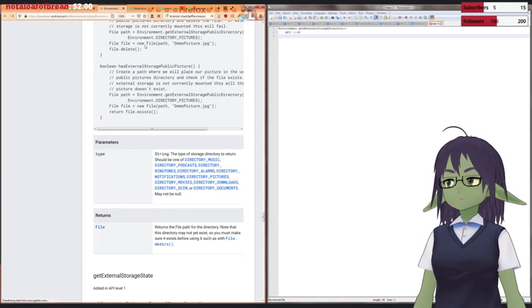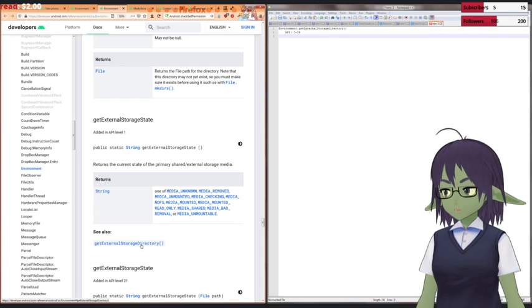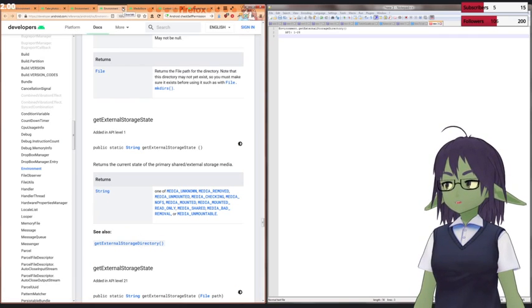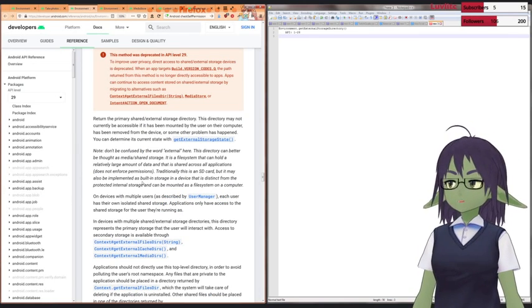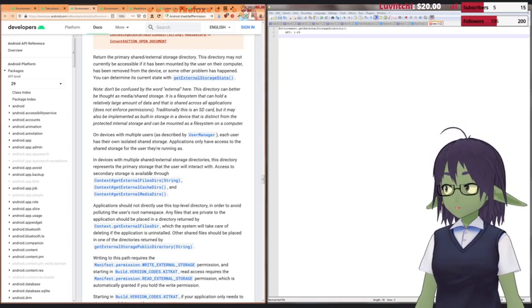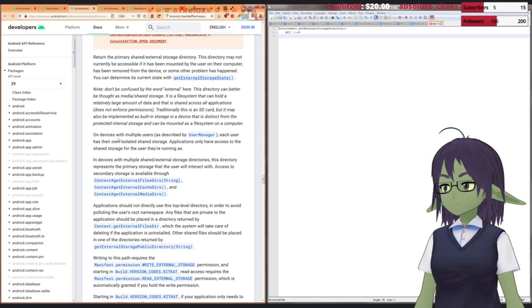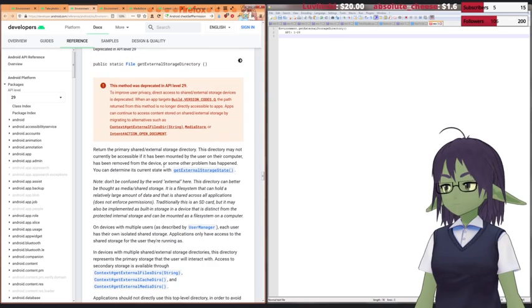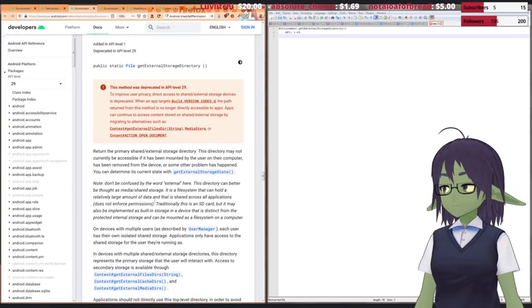Determine its state with getExternalStorageState. Which one? There's multiple. Pretty sure anyway. It's their own isolated shared storage. It's mounted by the user on their computer. It's currently been removed from the device or other problem has happened. Okay,